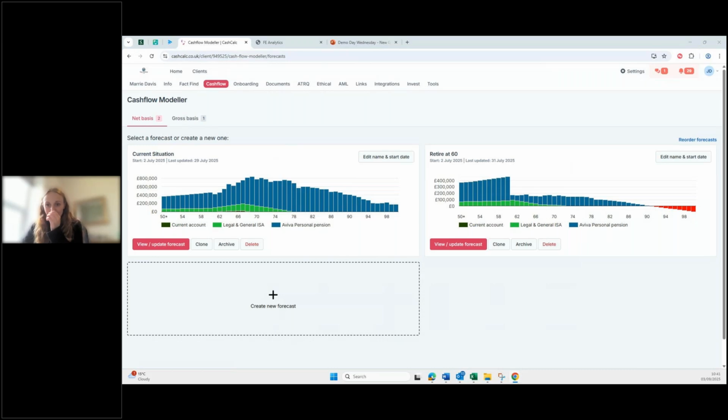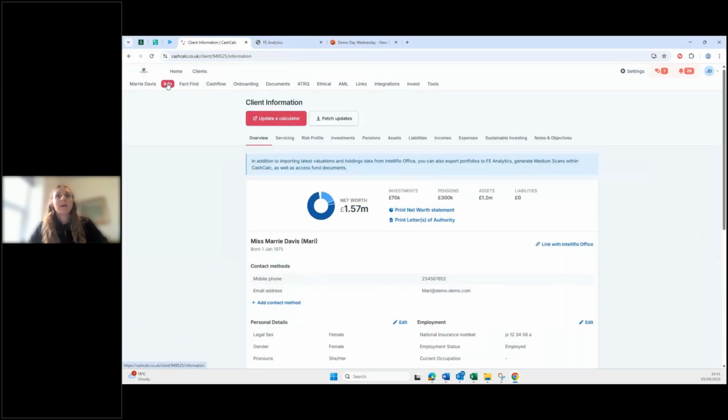If we already have a client who is on the net forecaster, can they be cloned across to the gross for an annual review, or do you have to input it again? Excellent question. It does not need to be inputted again. There's a couple of steps that you need to follow to get that information across. So first of all, if we go to the client information page,